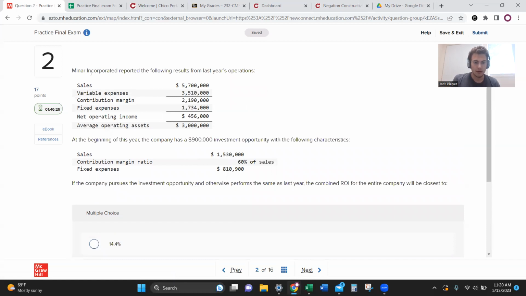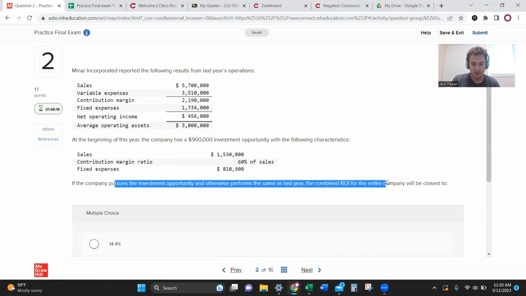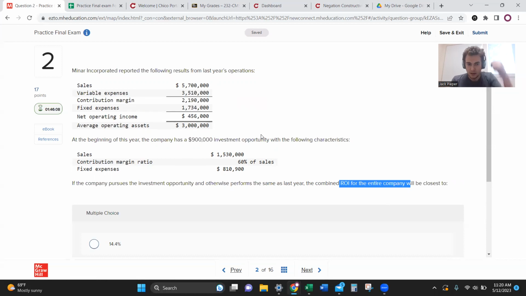Okay, they're incorporated with the following results from last year's operations. The company had a $900,000 investment opportunity with the following characteristics: if the company pursues the investment opportunity and otherwise performs the same as last year, the combined ROI for the entire company will be closest to. Okay, so we're doing a lot of ROI, which is good because we know that our ROI